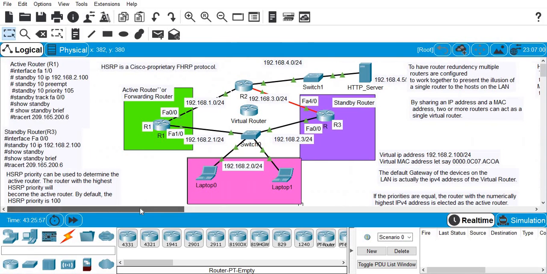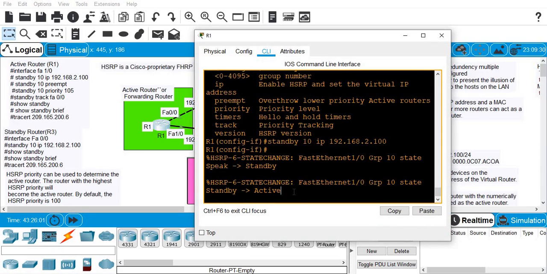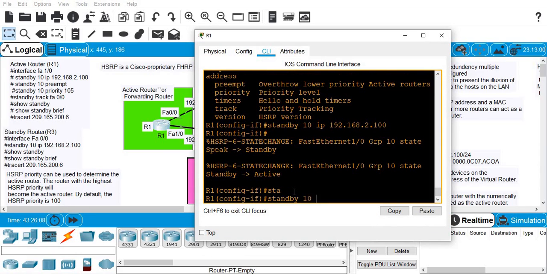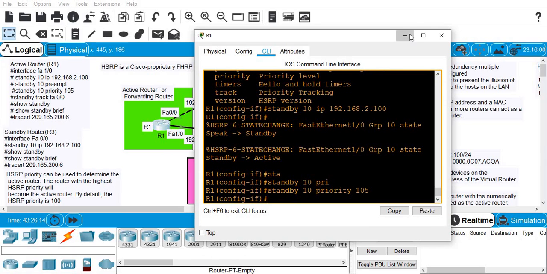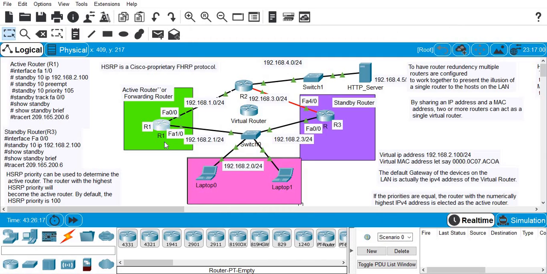So as the default is 100, I'm going to choose 105, that is greater than 100. So standby 10 priority 105, okay, which means that this R1 will be the active router. Why? Because its priority is 105 and the R3 priority is just 100, and you will see later. Now to verify this,